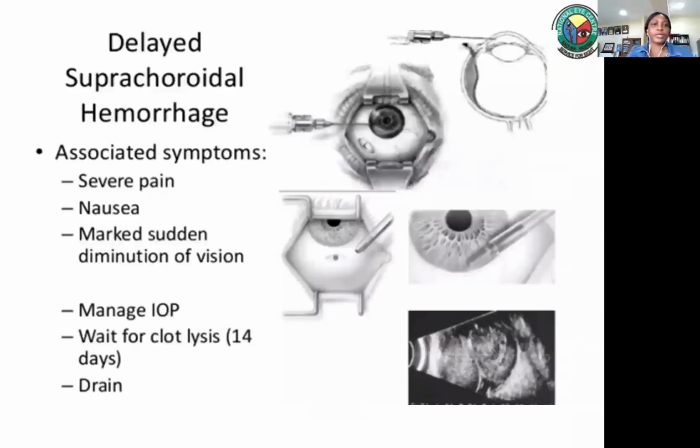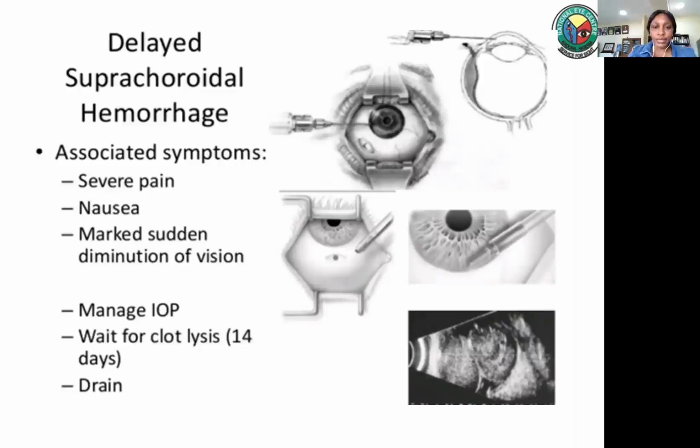Another complication that can occur with trabeculectomy is delayed suprachoroidal hemorrhage. Now, this is usually associated with severe symptoms of pain, nausea, and marked reduction of vision. IOP is very high, and usually we're told to wait for about 2 weeks for the clots to lyse, and then after that we drain. And usually the draining is